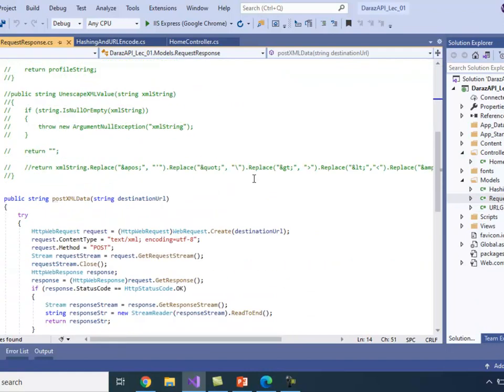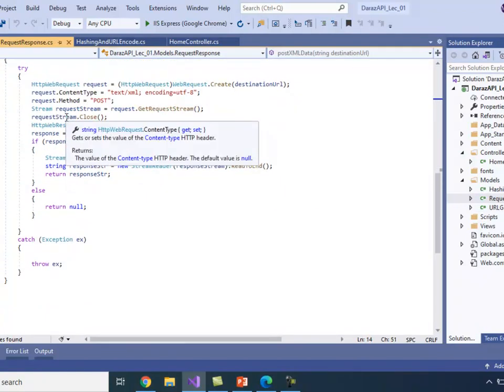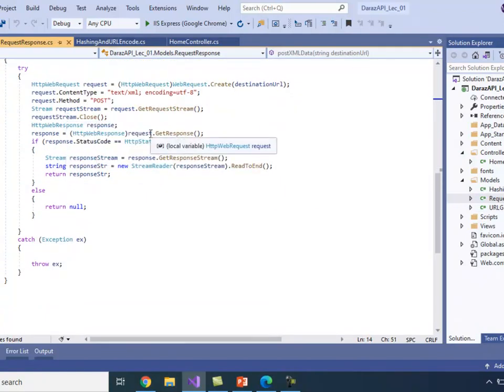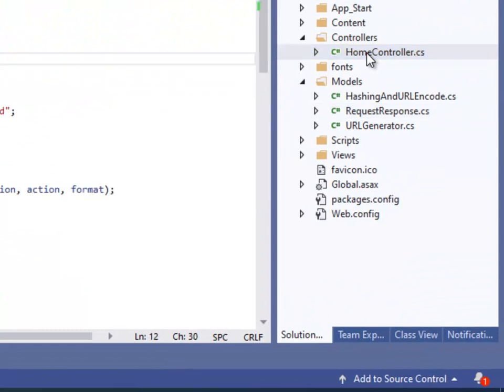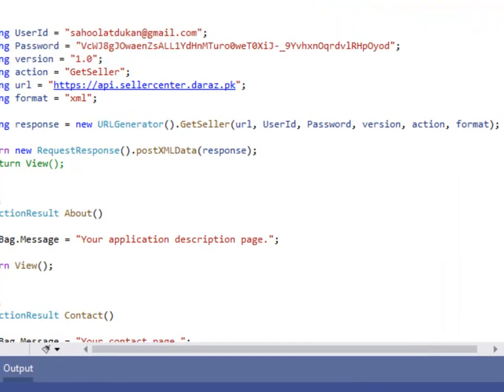The third class is for making a general request, to call any kind of server request. When you add all of these things, in the home controller I added the basic functionality: you pass the user ID, password, API key, and version.